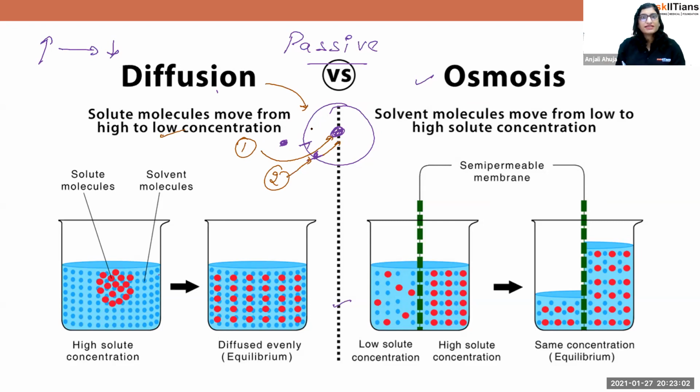In the first case, you are moving just like that, no energy is needed, no one is disrupting you, the cell membrane is telling you nothing, you can just move. The second case is osmosis, where the cell membrane is selectively choosing you to move. I hope you're getting it now. So solute molecules move from high to low concentration, and here solvent molecules move from high to low concentration. And one more thing here, through the selectively